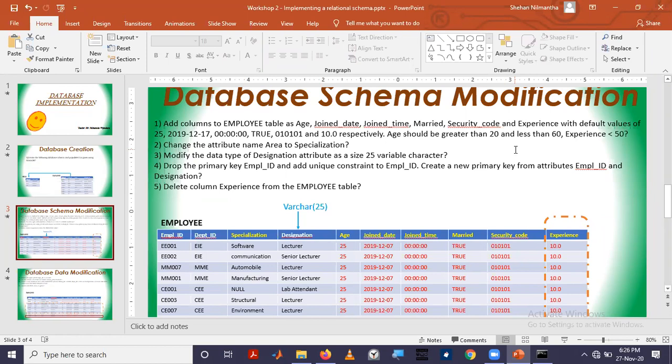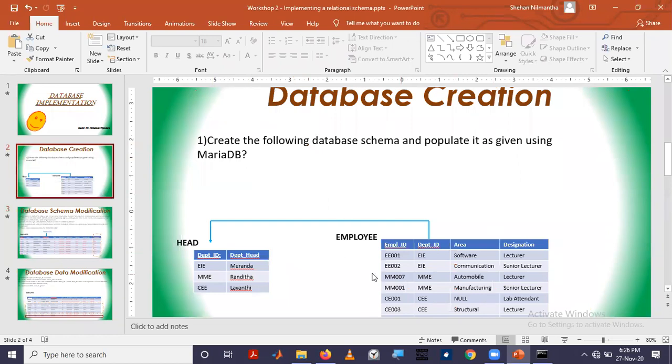So from next day onwards, we will see how we can alter a given schema. So we have a set of exercises. In those exercises, you will learn how you can alter an already populated table. You may want to change the name of these attributes, or you may want to change the data type of the attributes. You may want to add columns with different default values, likewise, and with different data types. Those things we will learn next week, right?